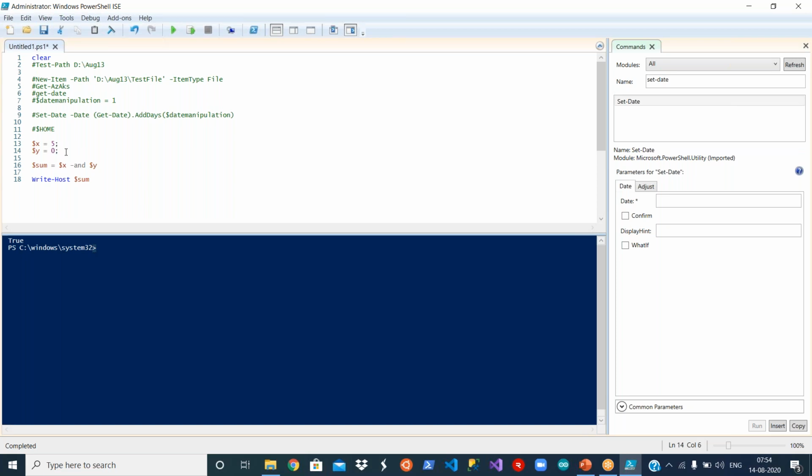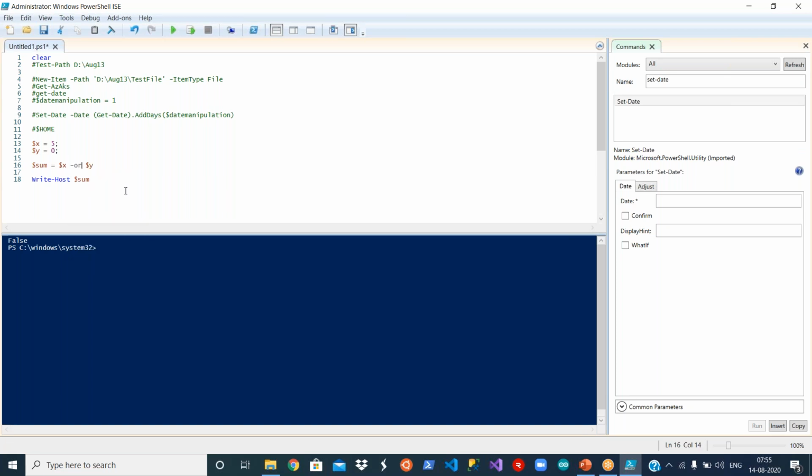You see, $y is a zero value, and the output is false. Basically, you are comparing at the binary level, not the actual value. It's all about zeros and non-zeros. Probably you heard it during your academics, right? Now we say or, so it will be hyphen or.